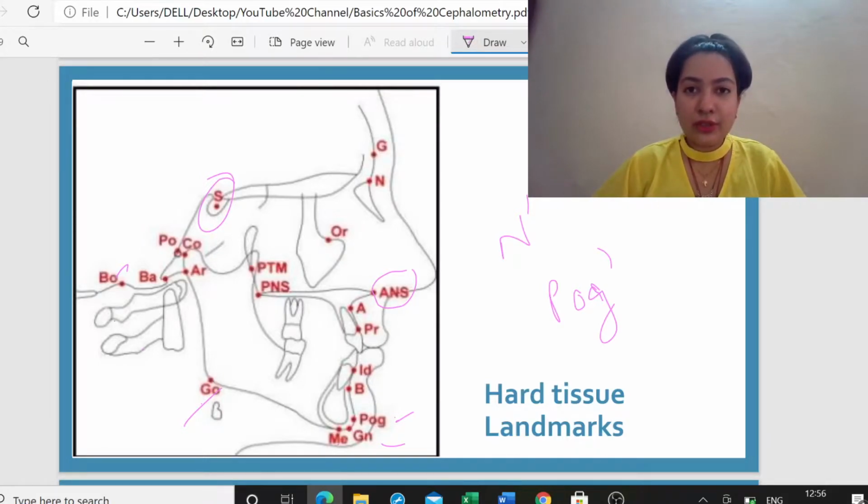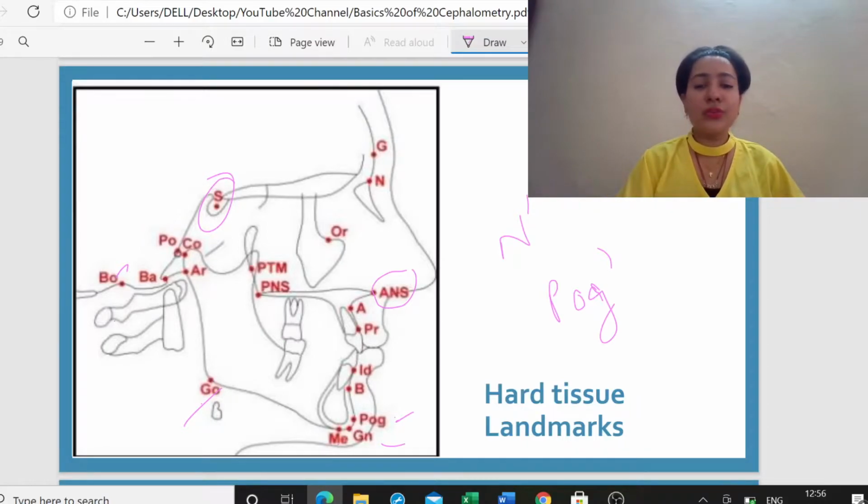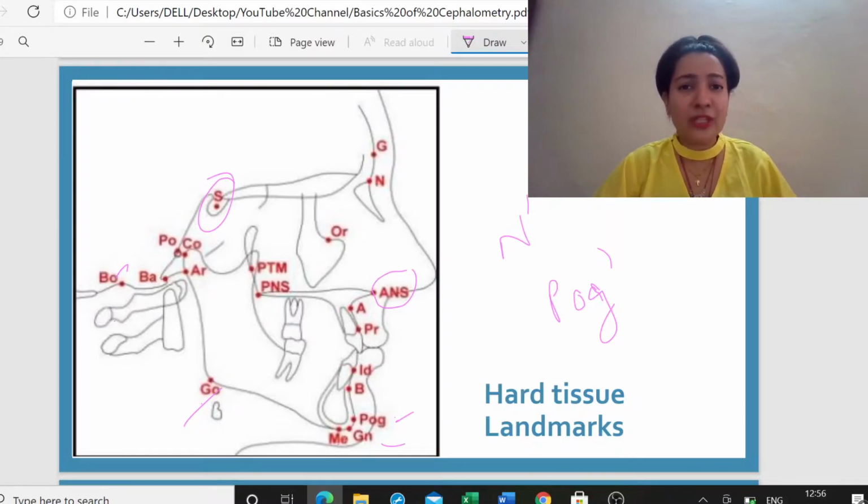In final year or third year of BDS, you must have done identification of landmarks followed by certain analysis. So identifying these landmarks is very important. Plus, you should know the definition of it, not by heart, just for the sake of understanding. I will not be explaining the definitions because they can be read directly from the textbook. There is no use of me reading the definitions from the textbook. Basically, for hard tissue landmarks you should know the name, you should be able to identify it, and you should be able to use it in an analysis. So you can easily go through the textbook. These are a few hard tissue landmarks which you should know.